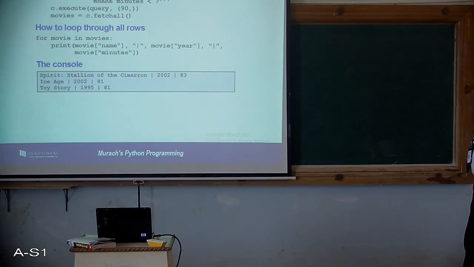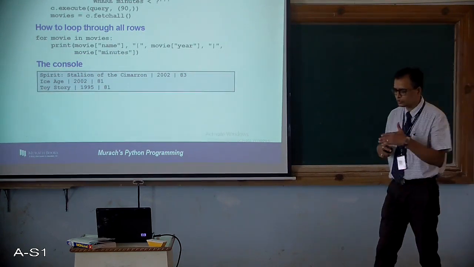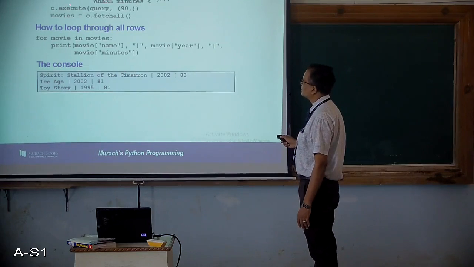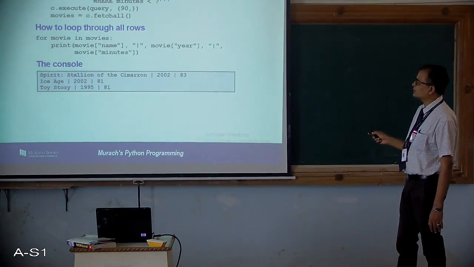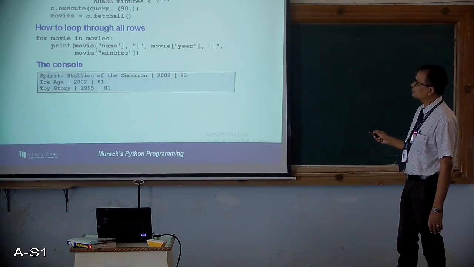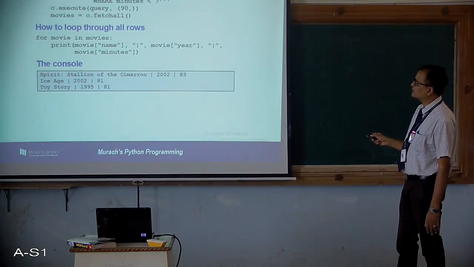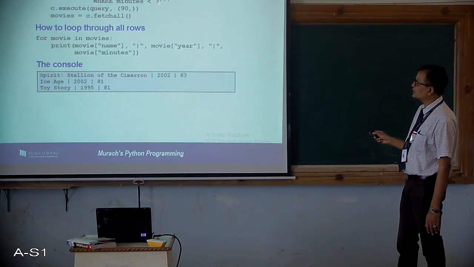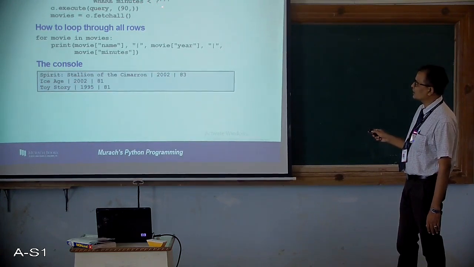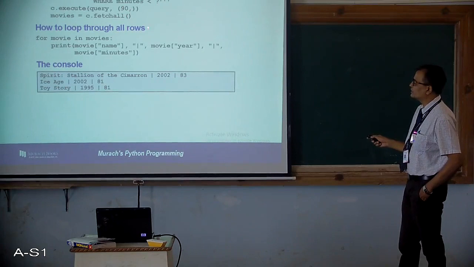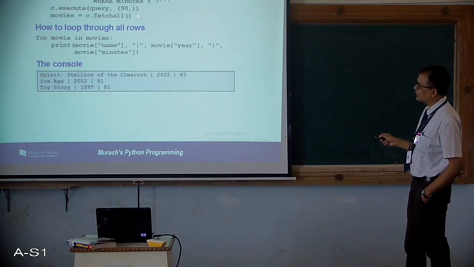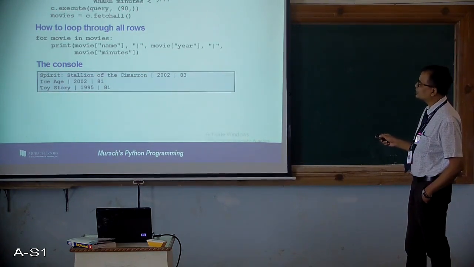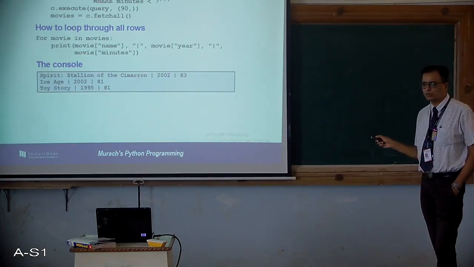How to use the fetchall method to get all the rows? This is to fetch all the rows at a time. So this is an example wherein you can do that: with closing connection.cursor as c. This will help you to close the connection once it is over. Then the query: select star from movie where minutes is less than a value. This is again an attribute that we will be passing, and the value that we want to pass is 90. So it will execute the query and get you all the records related to the query that you have fired. The query is select star from movie where minutes is less than 90.